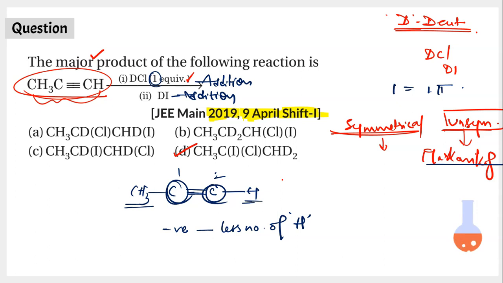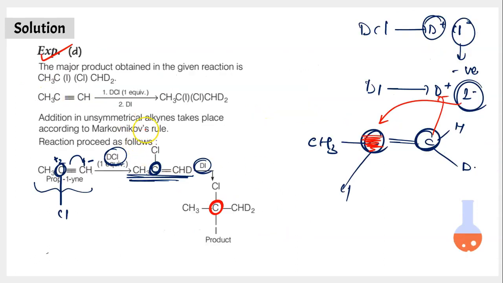And also remember that this Markovnikov's rule has got an exception. If you are conducting addition of HBr in presence of peroxide, Markovnikov's rule is not valid. Then you will be following anti-Markovnikov's rule, which is the reverse of actual Markovnikov's rule. This is a very important point. In 2017 mains paper, a question related to this had come. So make sure you work on this as well.